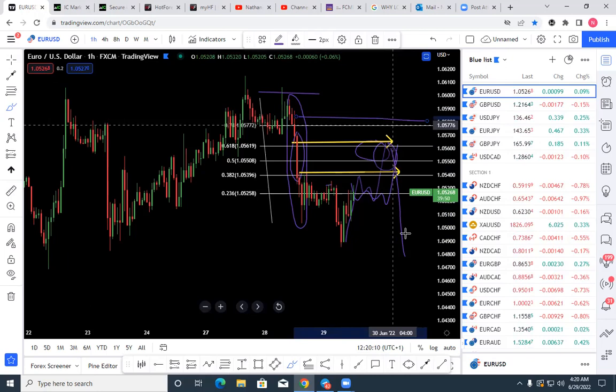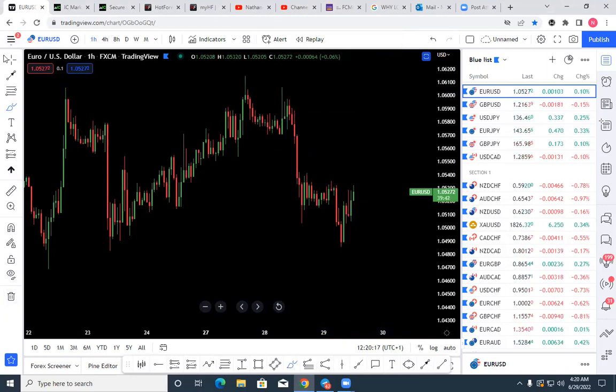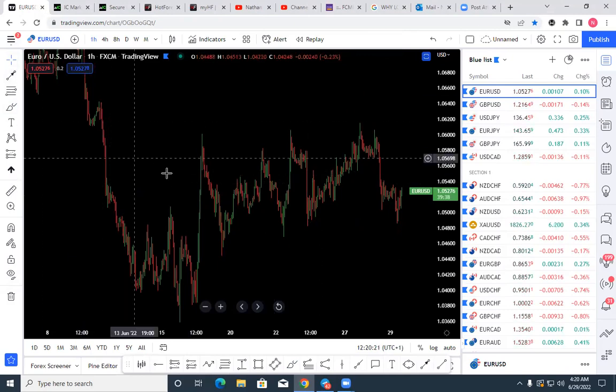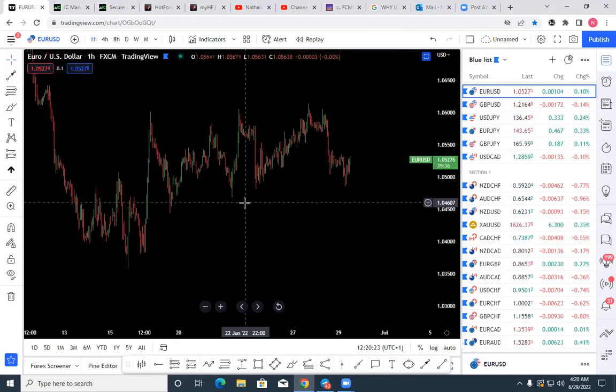Then from there, you take the move to the downside. Is that okay now? So that's how I want to see euro dollar. That's how I want to see euro dollar, because the reason why I'm seeing euro dollar that way is that